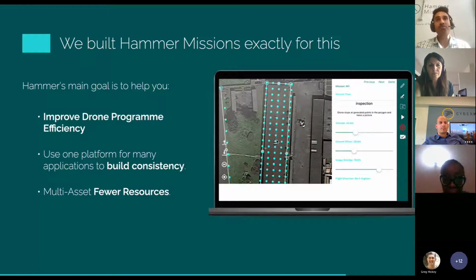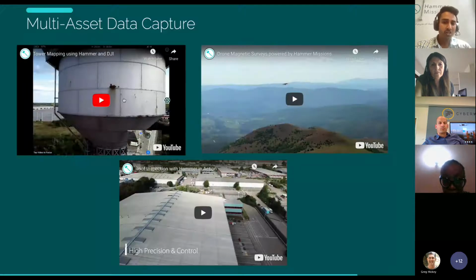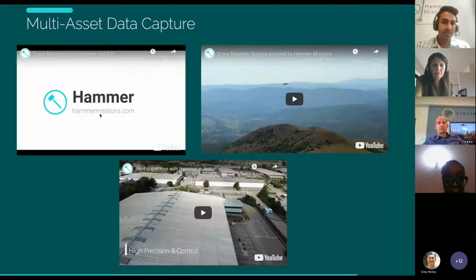So it helps you use the same platform for multi-asset inspections, whether you're doing pipelines one day or oil rigs another day. You want consistency in how all of those things are captured and maintained. And that goes with other sensors as well, whether it's methane monitoring, magnetic surveying, and other use cases. Going back to the same idea that if you use one resource, it allows you to improve the ROI on that resource. So I've just got a couple of videos here from in-flight,